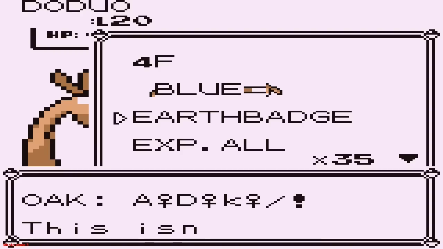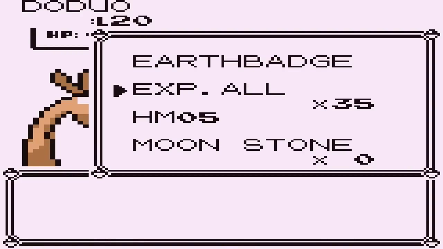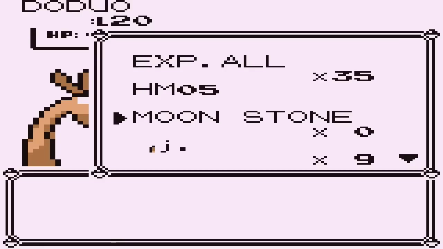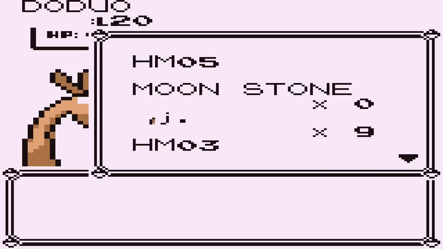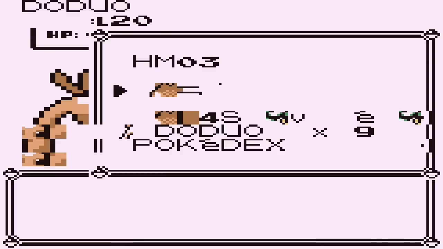Now, let's see, what does this Earth Badge do? I do not know. 35 experience alls. Interesting. Did I look at J? Yeah, I think it just crashes. Yep. It just crashes in green and brown. Okay. I've got some more stuff to look at here. I can't even begin to try and pronounce that, but...